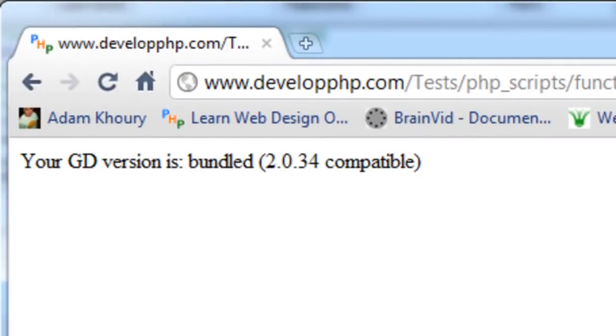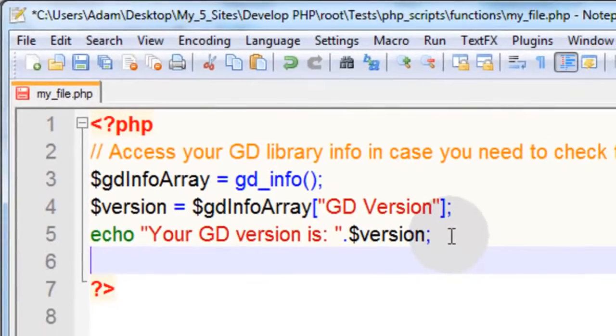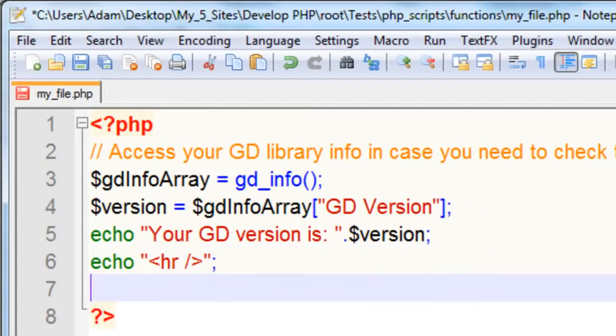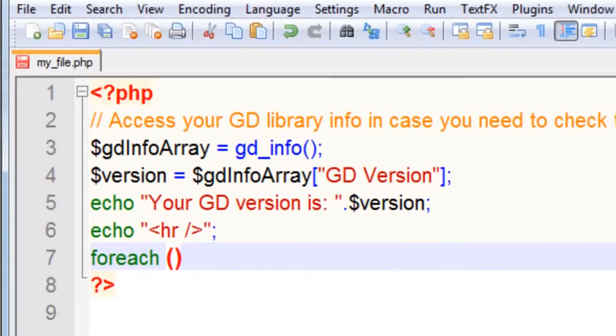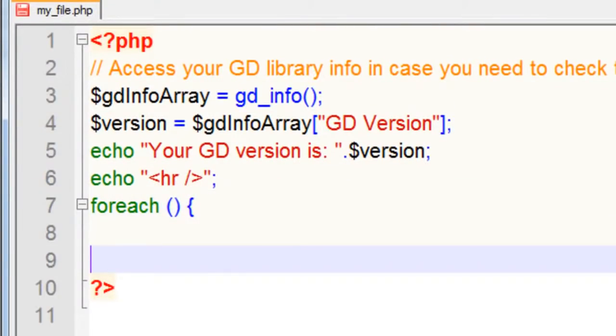Now I'll show you how you can also access the full array's information instead of just accessing that GD version. So let's go down one line. Let's type in echo double quote, and in between the double quotes I'm going to put an HR tag, which is a horizontal rule just to separate everything. Then we're going to put a for each loop. Open parentheses, close parentheses, open curly brace, go down a couple lines, close a curly brace, and there's your little for each nest. And within the parentheses we're going to put this array,